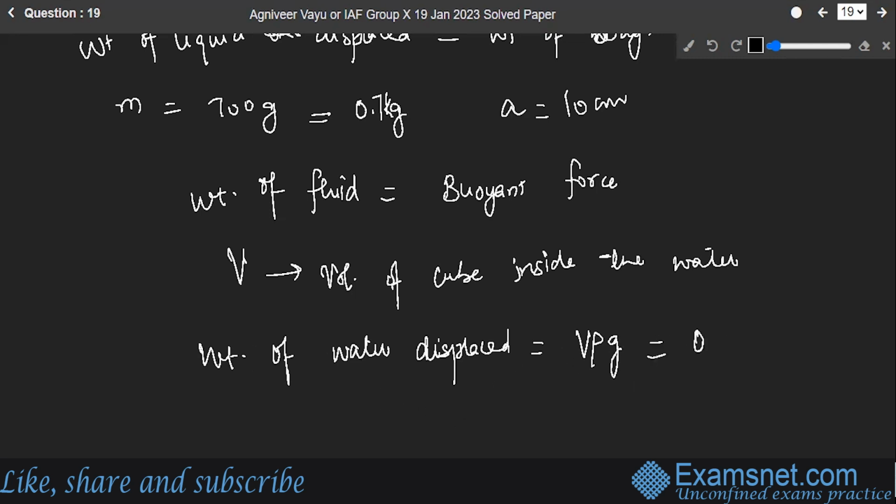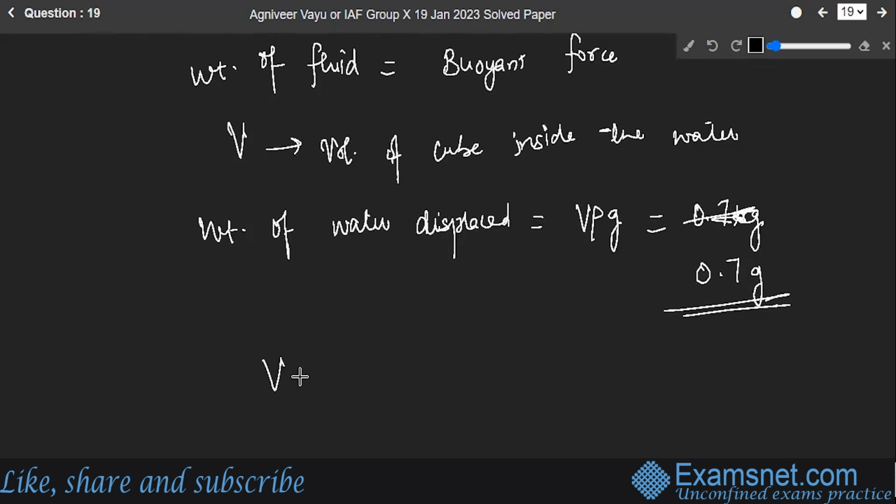And this is equal to 0.7 kg into g. G is the acceleration due to gravity. Okay. So V is equal to 0.7 g upon this, and you are given this as 10, right? So 0.7 upon